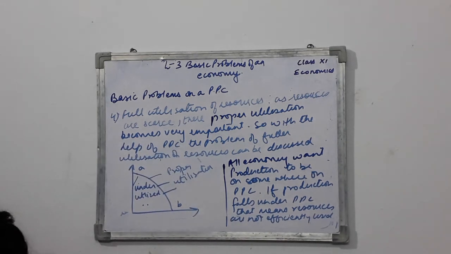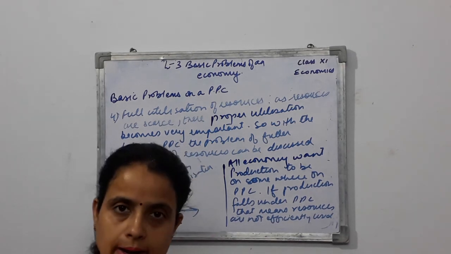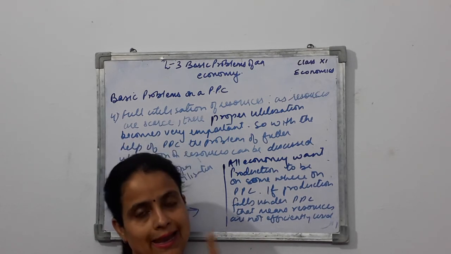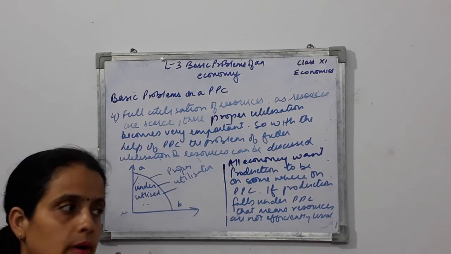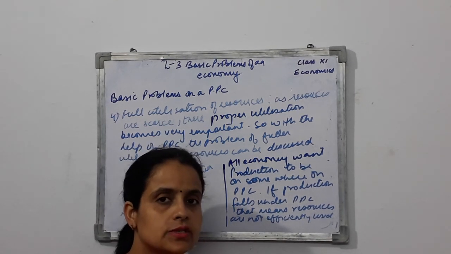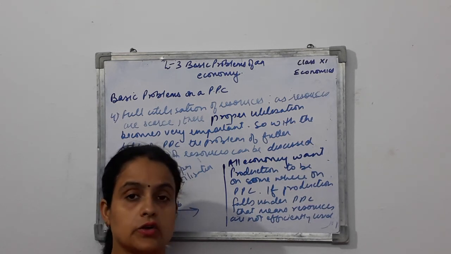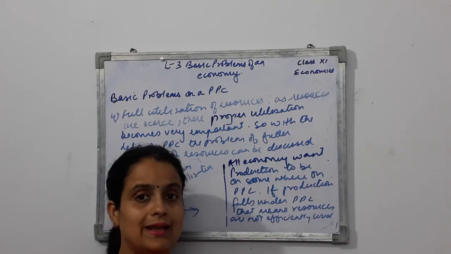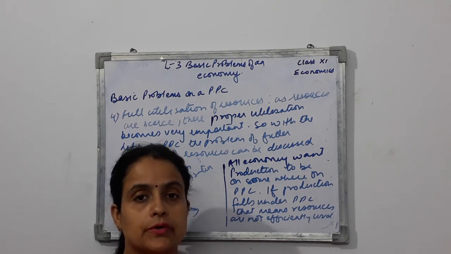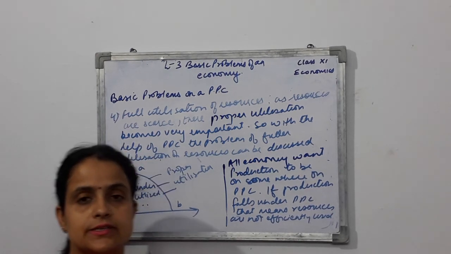The third problem was the problem of what to produce. There are different goods and commodities which are demanded by the people, but the resources to satisfy them are limited. So it again becomes a problem for the producer, for the nation, as to which goods and services are to be produced with the given resources and technology, because resources and technology are scarce, not only in India but in any country, and the demands are unlimited. So the proper utilization of resources becomes very important, and the choice has to be made as to which goods and services are to be produced.